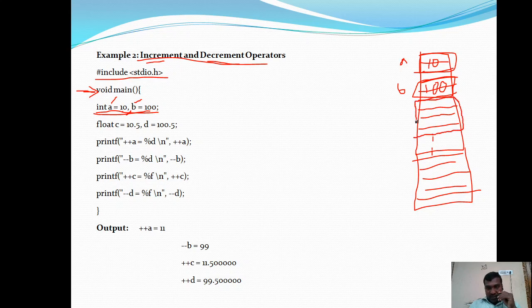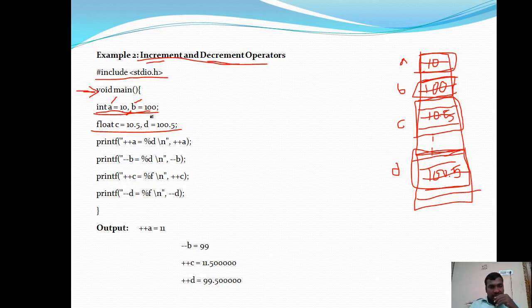These 4 locations are reserved for variable c, and these 4 locations are reserved for variable d. They store 10.5 and 100.5. So after execution of these statements, memory is allocated by the C compiler to variables c and d, and it stores 10.5 and 100.5 as values.